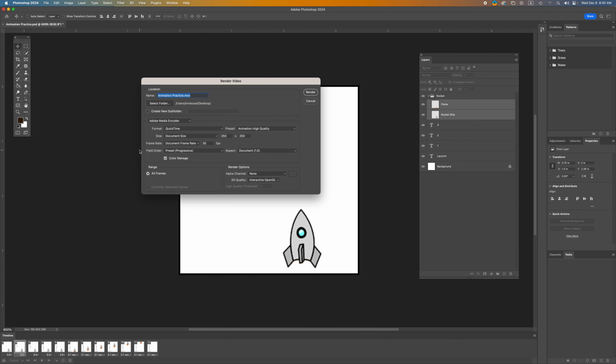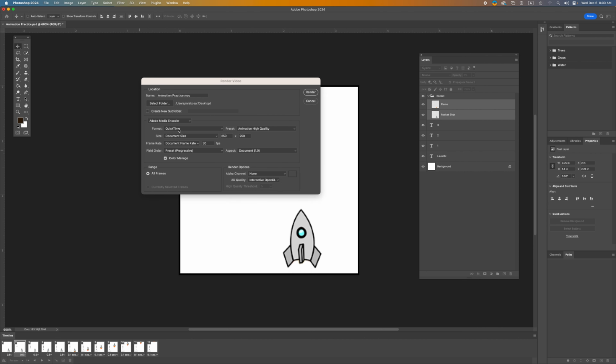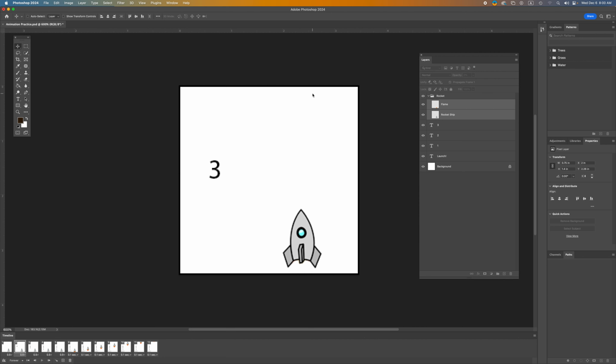And then you can name it if you want to, select your folder, so where you want it to go. So if I click on here, I can choose if I want it to my desktop, to my documents, and everything else. So our format, let's make a QuickTime file or a movie file. Or if you have the option for an MP4, that will work as well. And then we're going to click render. You're just going to check to